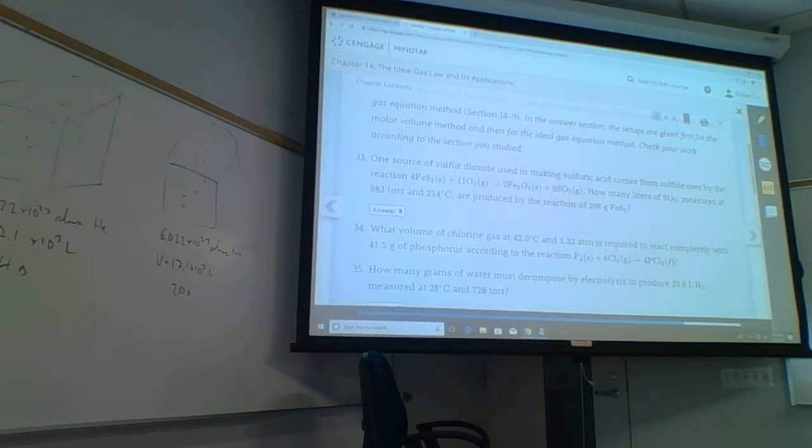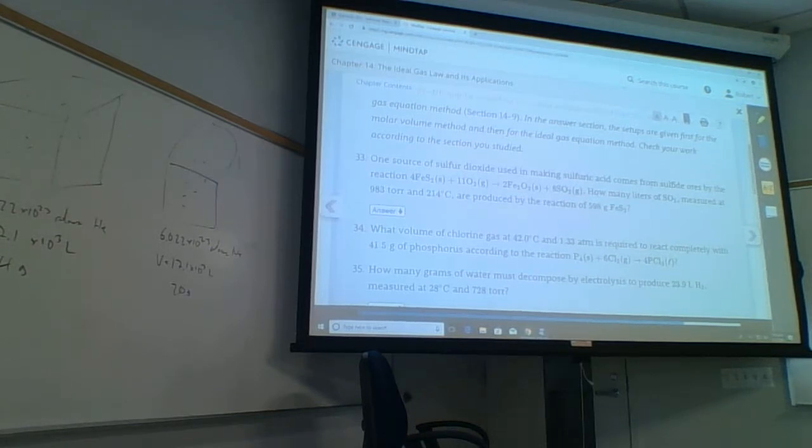So here we go: FeS2. We have 4 FeS2 plus 11 O2 yields 2 Fe2O3 plus 8 SO2, which is a gas. So we're going to go from grams of iron disulfide to moles of iron disulfide, moles of iron disulfide to moles of SO2, and then moles of SO2 to the volume of SO2 gas